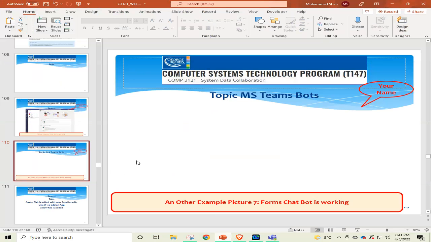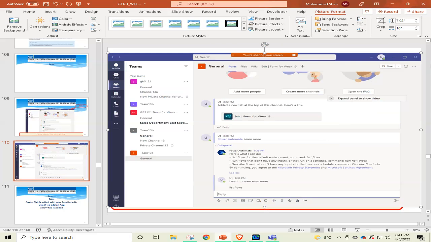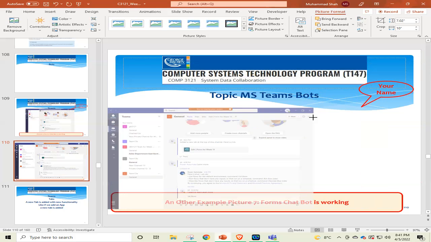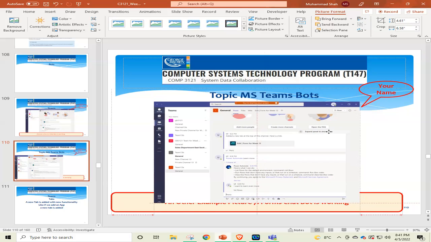Forms also has a bot, an easy one. You can add that one, or this one that I just added, Power Automate, or any of your liking is also fine. Any bot that you can add, you can give a picture here, and you can add a title, you can change it a little bit, that's no problem.